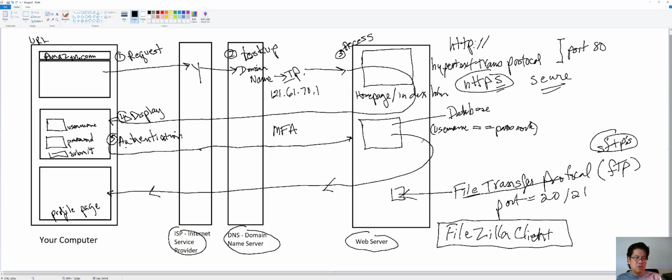But this is what I want to hone in on, for you to understand when you're building a web page that you look at on your computer. Most of the time, the address is going to be 127.0.0.1. This is what we call a localhost. Local means it's on your computer. So if you're building a web page, I can't see it because it's on your computer. For me to actually see your web page, you have to upload your